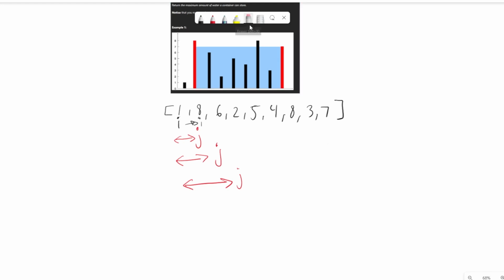Well, one way we can essentially optimize on this is by doing the two-pointer approach. And how does a two-pointer approach work? So we have one pointer here and one pointer here. So our two-pointer approach,